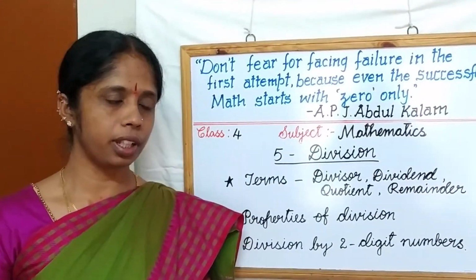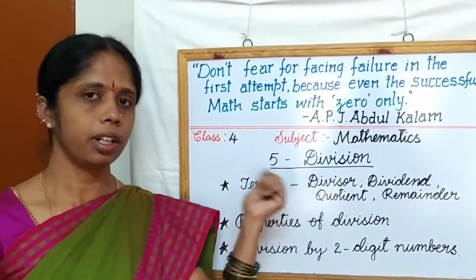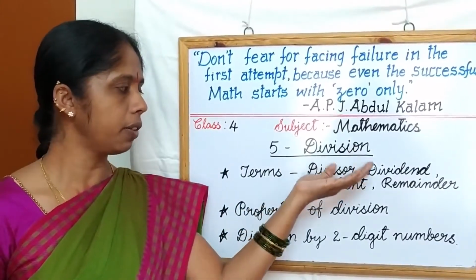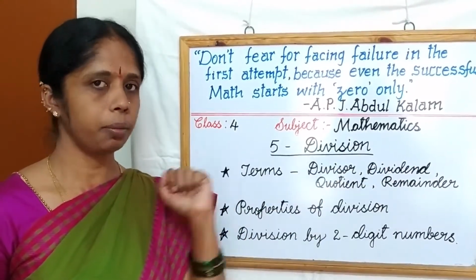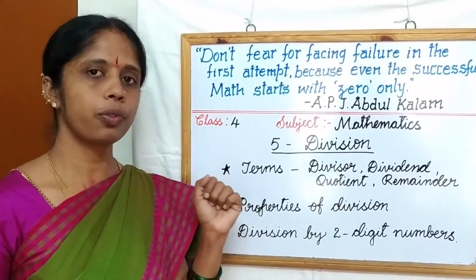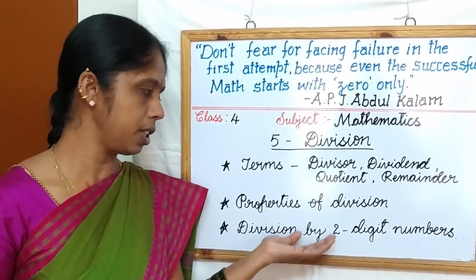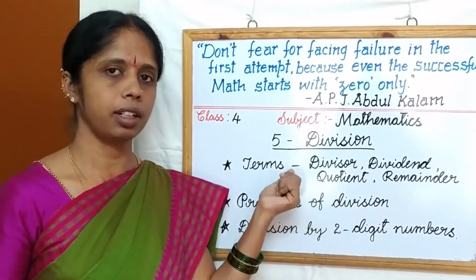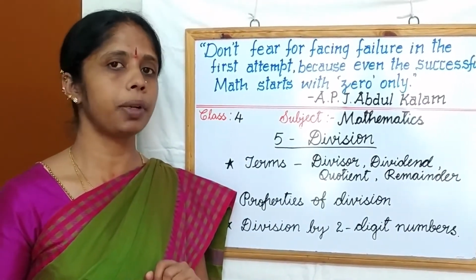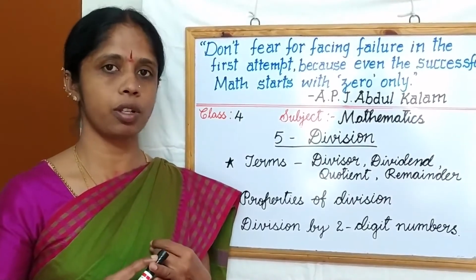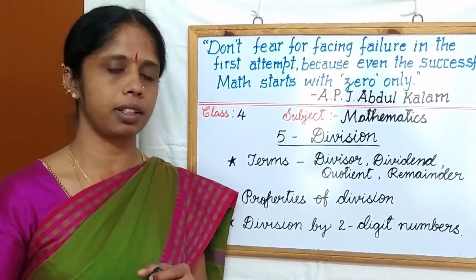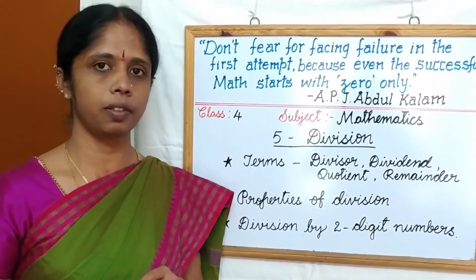Okay. What did we learn today? We have started the chapter 5, division. And in this, we are familiar now with the terms of division, divisor, dividend, quotient and remainder. Along with that, we have learnt about properties of division and also few simple sums related to division by 2-digit number we have started. Hope you all will practice at home. Daily you need to practice the table to be perfect in multiplication and division concepts. Okay. Practice tables regularly by writing. You need to write and practice and complete the given homework, whatever given today.